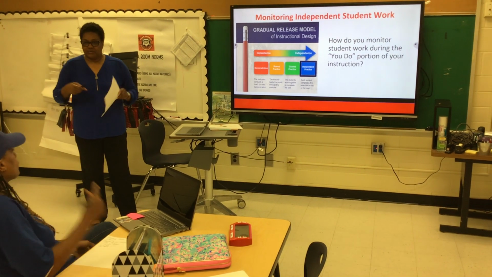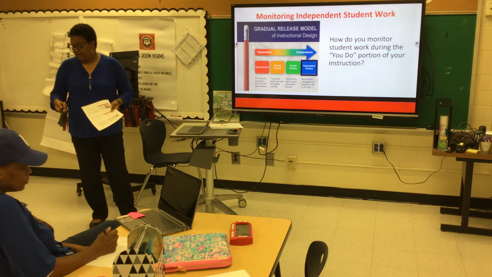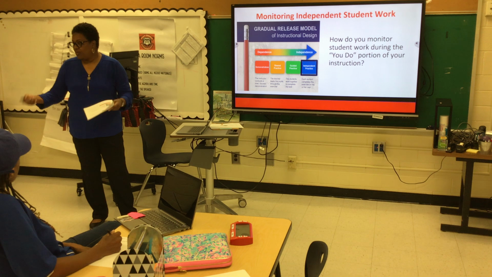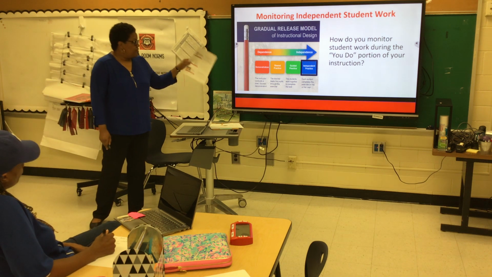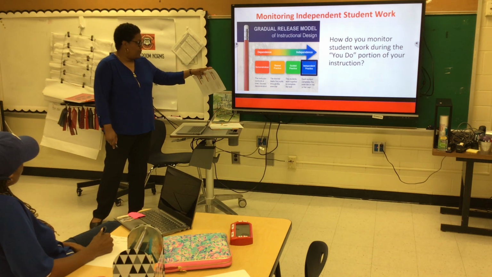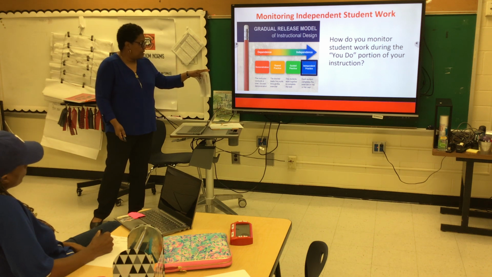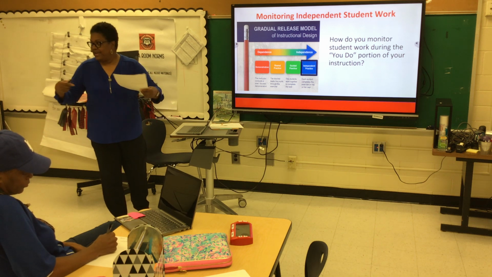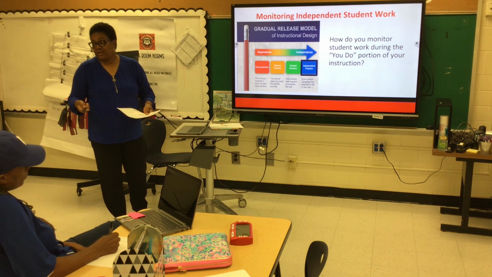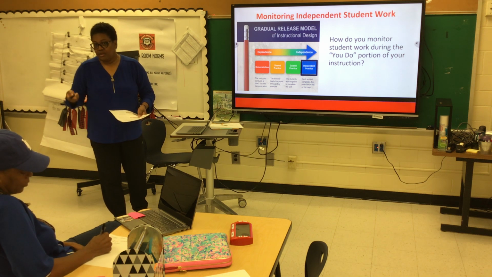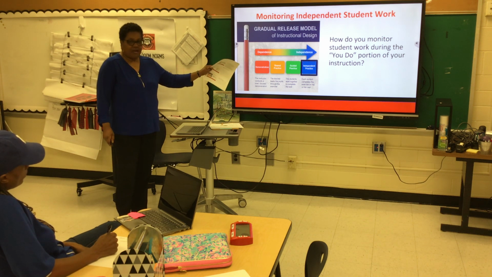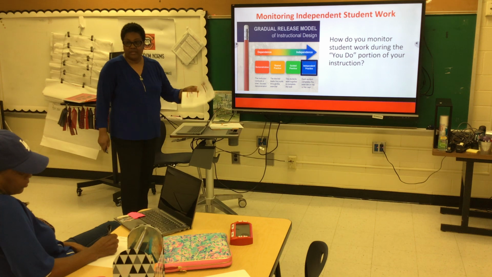So we know we teach with this model of gradual release, right? We prepare our lesson plans for our opening, for our work period, and for our closing. So for gradual release, we're supposed to start out where we're demonstrating or we're modeling something up here. And then we're supposed to do this shared practice where we're guiding students and kind of asking questions, but we really don't know who's answering. And a lot of times we call on those two students that we know that know the answer. But we need to focus on those students who don't as well. But I'm not so sure how often we're getting to the full-fledged independent practice.